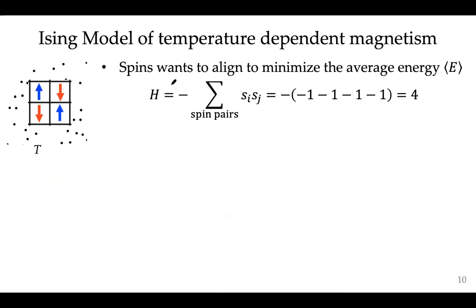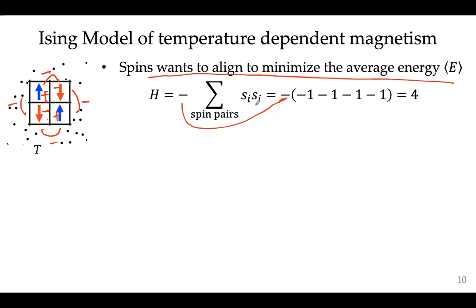Okay, so as I said before, spins want to align to minimize the average energy. Let's say you have this particular configuration, how do you calculate the total energy? You have to count all the spin pairs. This negative sign is in the formula here. So let's count the energy of the spin pairs. These are in opposite directions. Let's say this is going to be plus, this is negative, this is negative, this is plus. When you multiply them, it's a negative sign, so we get negative here. If you multiply them, there's negative here. If you multiply these two, -1, and this one is also -1.